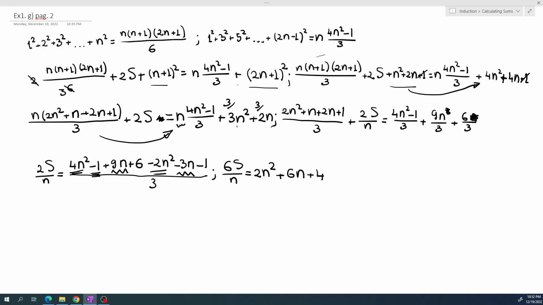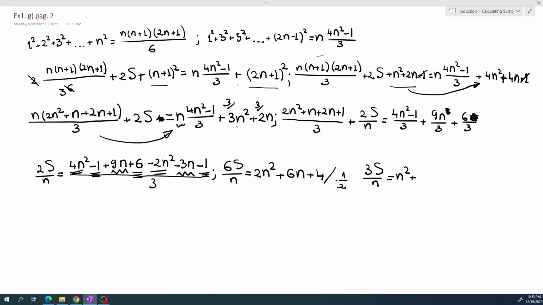This one, and this one. Now we can multiply it by 1 over 2, and I will have 3s over n is equal to